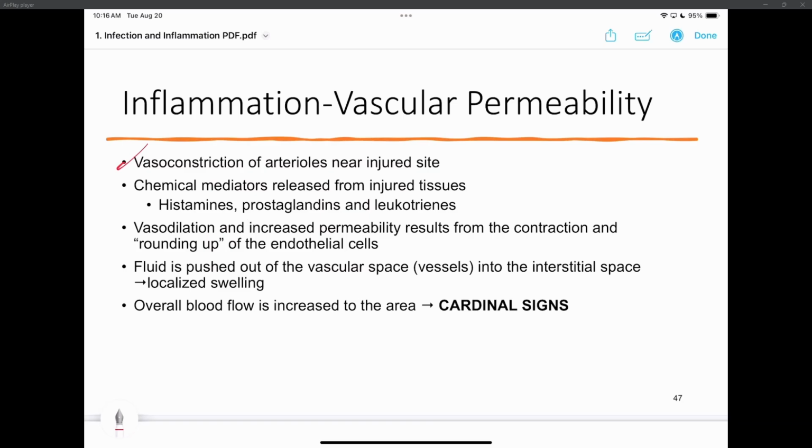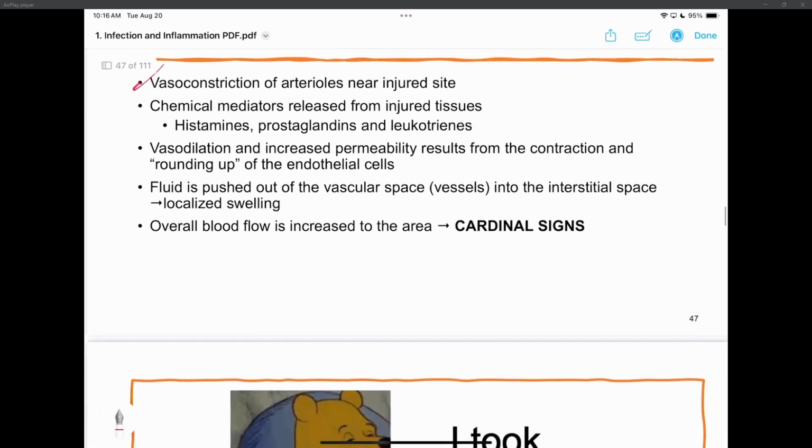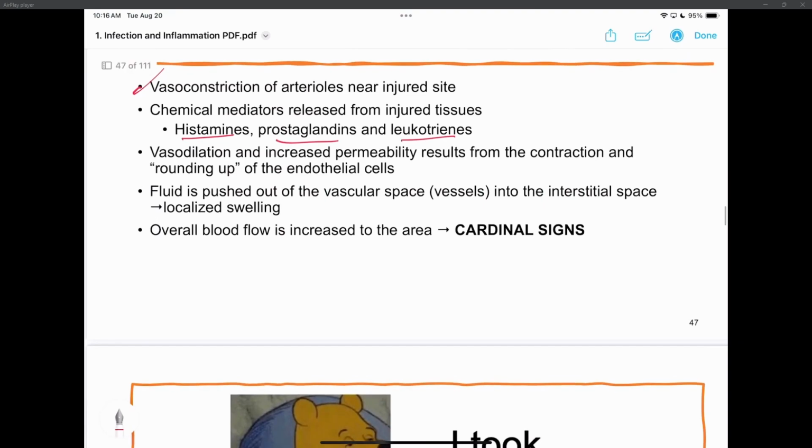We get chemical mediators that are released: histamines, prostaglandins, and leukotrienes. Histamines, what are they going to do? We talk about histamine a lot. It causes swelling. Remember all that fluid? Remember you have histamine, the snot going everywhere. With areas of swelling, histamine plays a role in that vascular permeability, which allows the fluid to get out of the vessel into the tissue, and that gives you your swelling with the inflammation process.